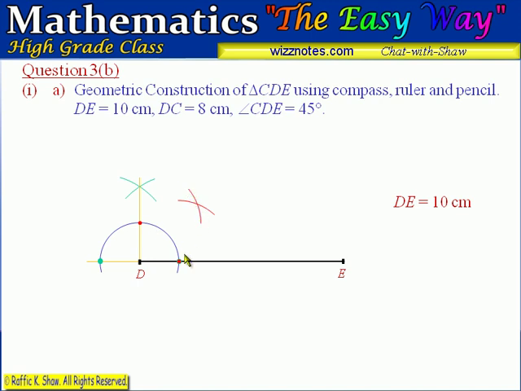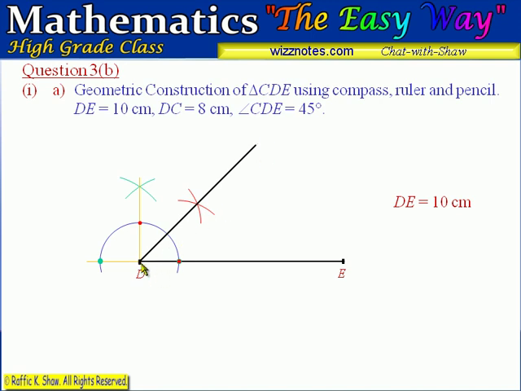And that's it. That's our 2 arcs from here and here. So we are now bisecting this 90 degrees, and a straight line from D through the intersection of these 2 arcs will make our 45 degrees that we want. So that's our line. And then all we need to do now is find our C up here by measuring